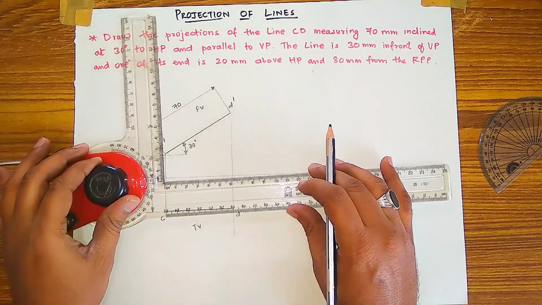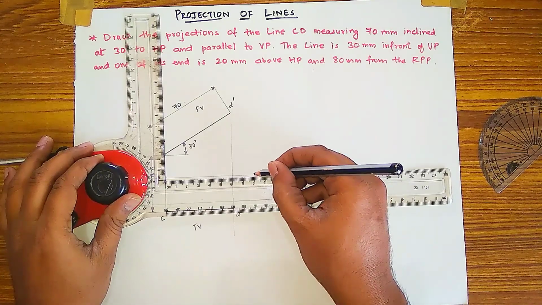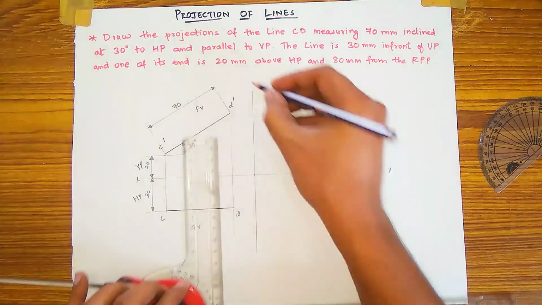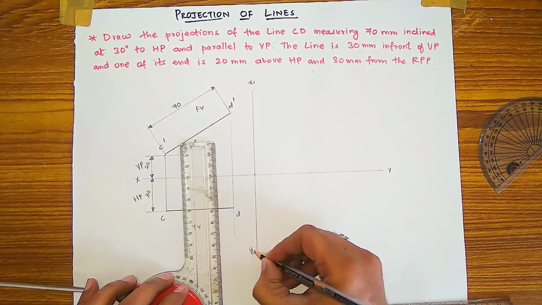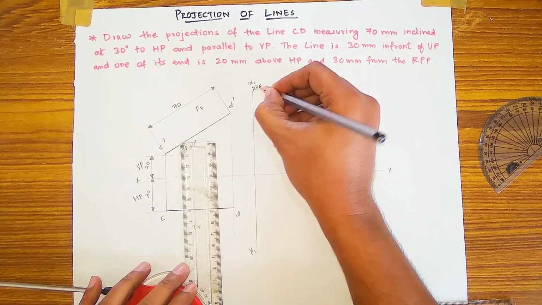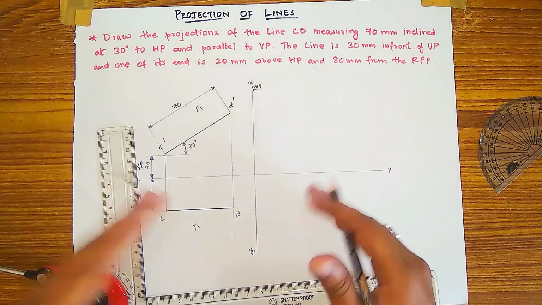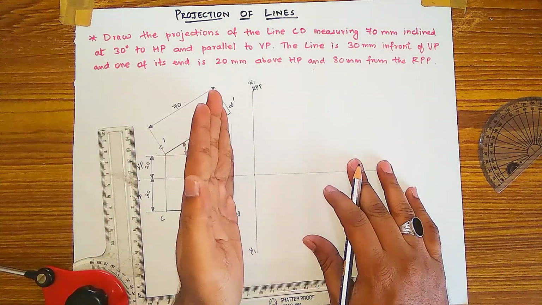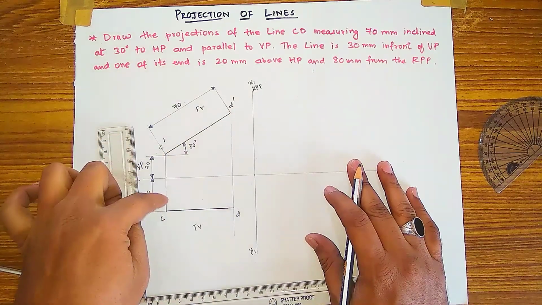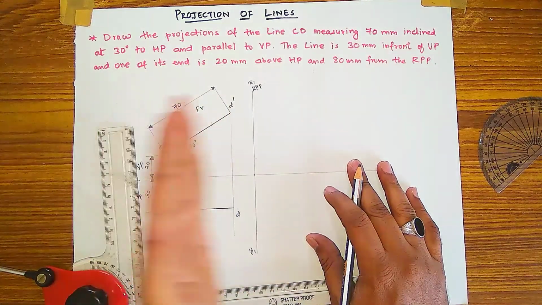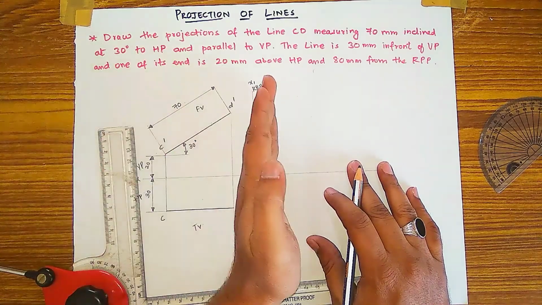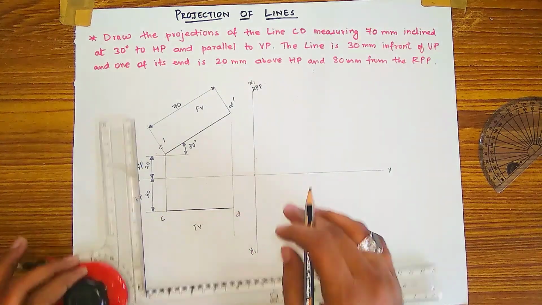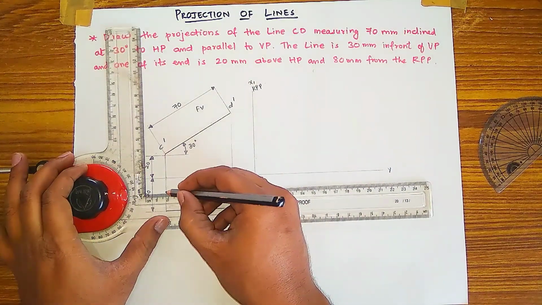Okay, so how can you do it? Take a point and draw a right profile plane line like this, and it is also called X1 Y1, the right profile plane. And before, in problems number 1 and 2, I took the distance from here because there was one point there. So from the projector we have to take, means from the first end of the projector we have to take the distance till the right profile plane. Okay, 80 mm means from here to here I have taken 80 mm. Show the dimension also.